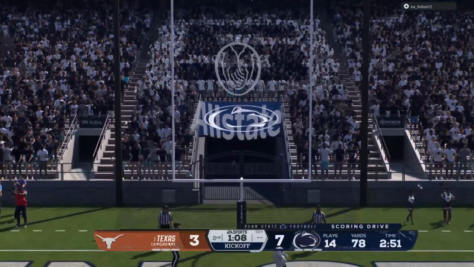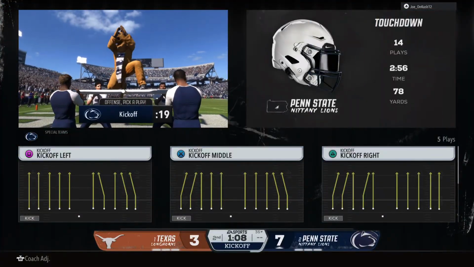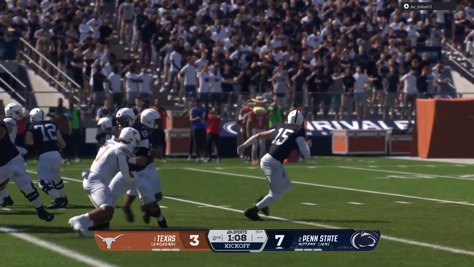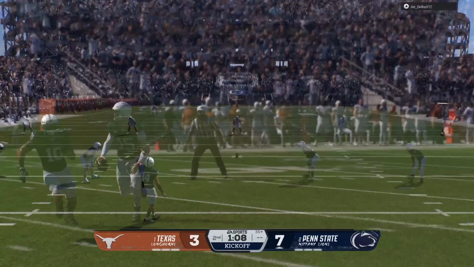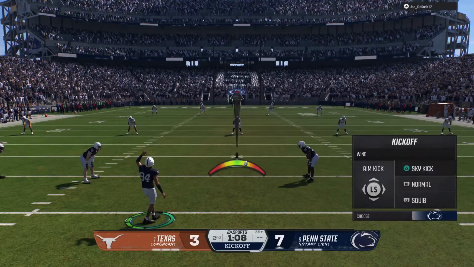And the extra point makes it 7-3. That is what they mean when they say ball control. A 14-play touchdown drive. And finish the deal with the short touchdown run from the 2. Kickoff unit on the field, and this defense will be called on to